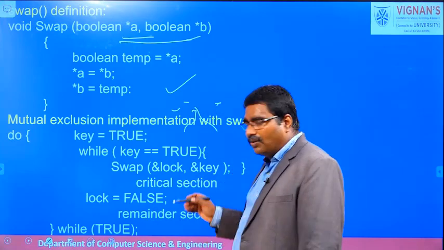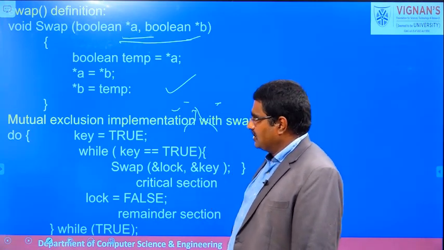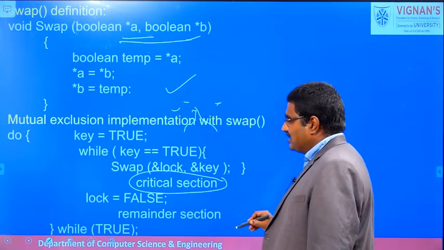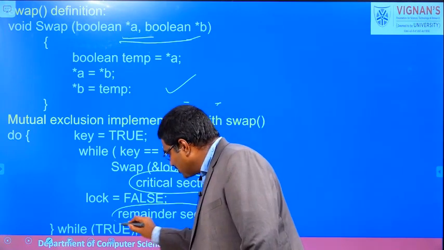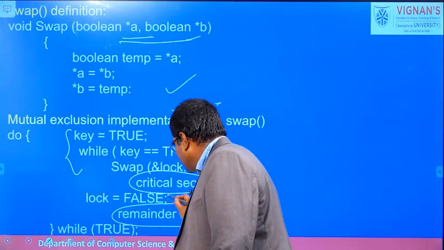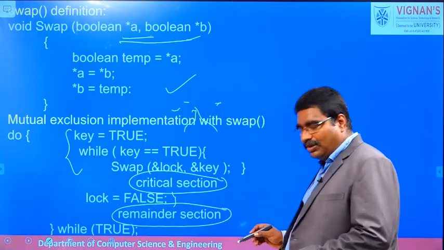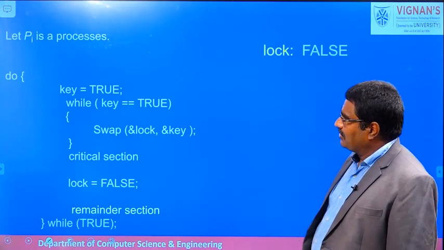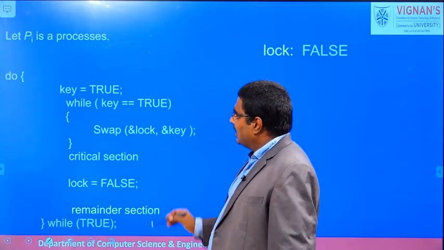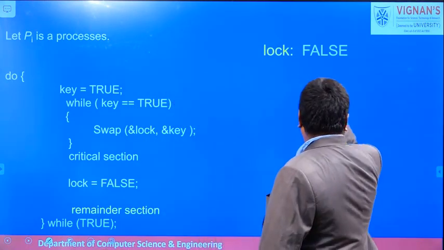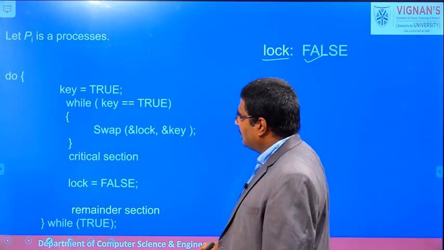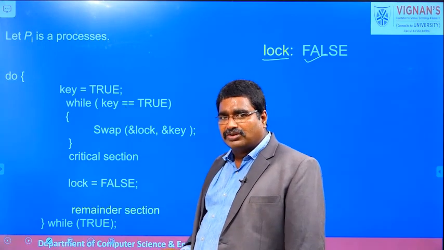Now we try to discuss how to use the swap function to achieve process synchronization. Here also we are assuming that this is the critical section, that is nothing but where they modify the shared data, and this is the remainder section. Before entry into the critical section, they use the entry section, and this is the exit section. So we try to discuss how the algorithm satisfies process synchronization. We are assuming that Pi is a process and this code is used. Here we are using Boolean values: lock is a Boolean variable and its initial value is false. Internally we are using key, a local variable in every process.